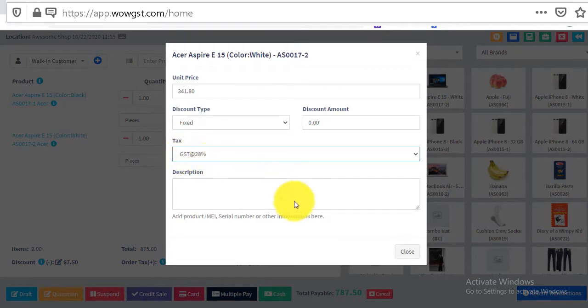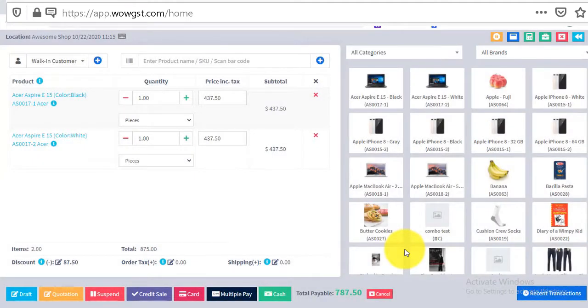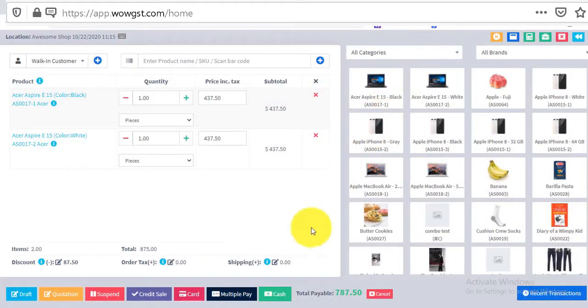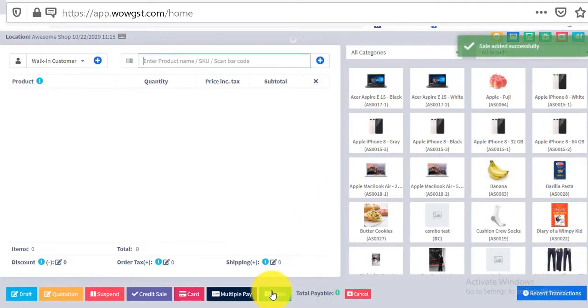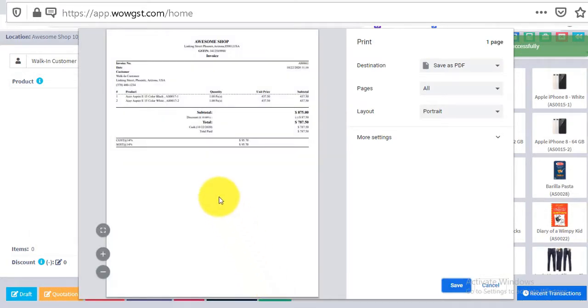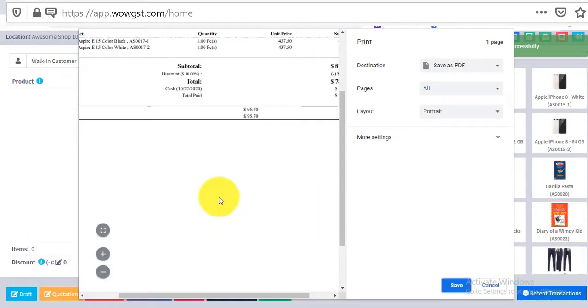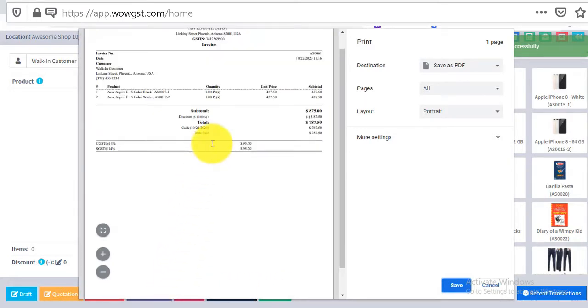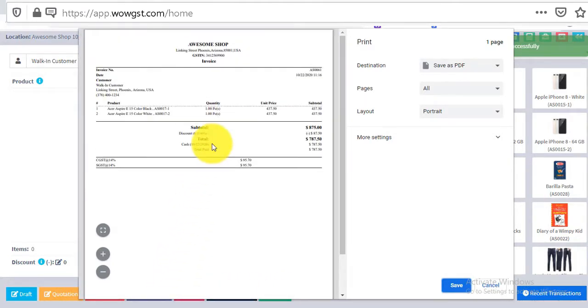One thing is, I am selecting the GST tax rate here, but you can also set it as a default in your products. I can go to each individual product, and there I can set what tax rate will be applied for this particular product. Let me click on save here, and we will see how the invoice is looking. Here you can see the invoice is a slim invoice which will be printed in a thermal printer, so the layout is looking a bit wider.